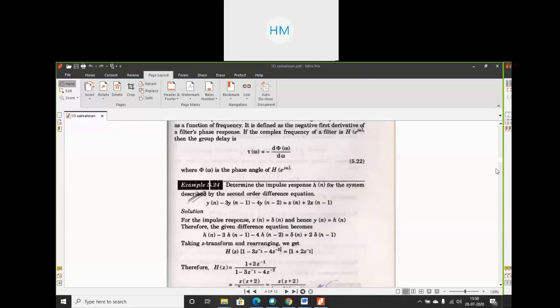Please, students, inform others also to join the class. And if you have any doubt, try to simplify this numerical. So I will wind up my class over here. It's a very easy numerical on the concept of Z transform, but it is based on the LSI system. So try to simplify this numerical. It's very easy.